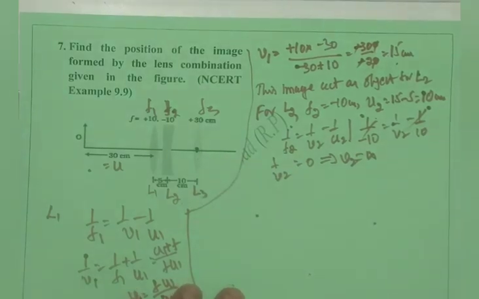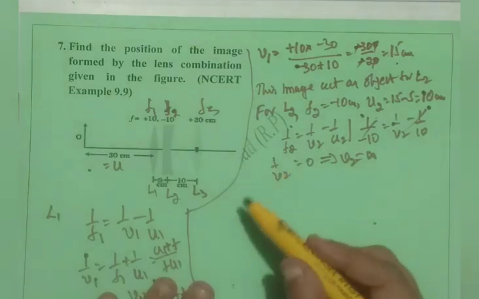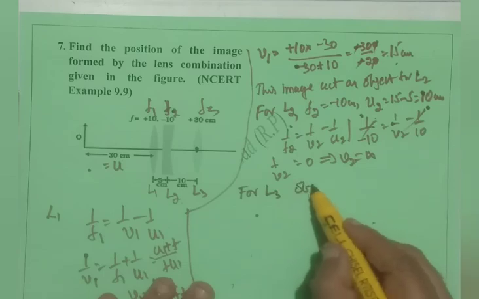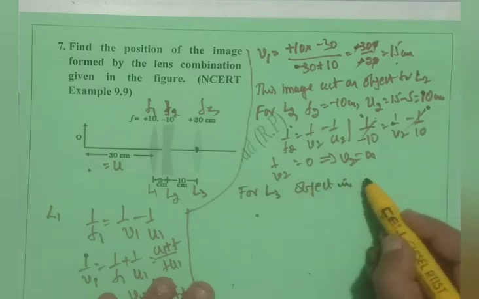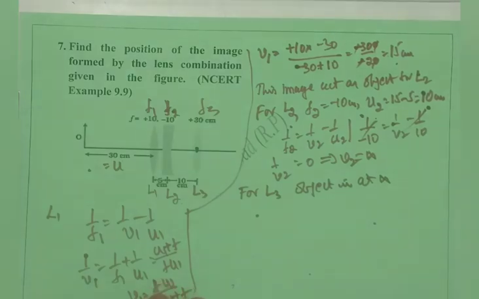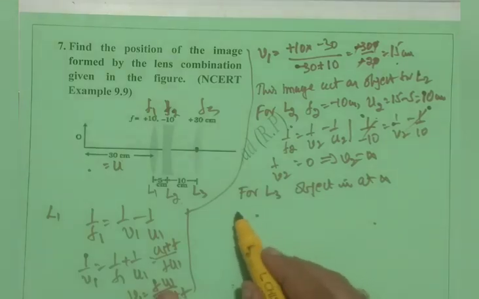So for L3, the object is at infinity. Therefore, we know once the object is at infinity, its point-sized image is created at the principal focus of the lens. Therefore, the final image